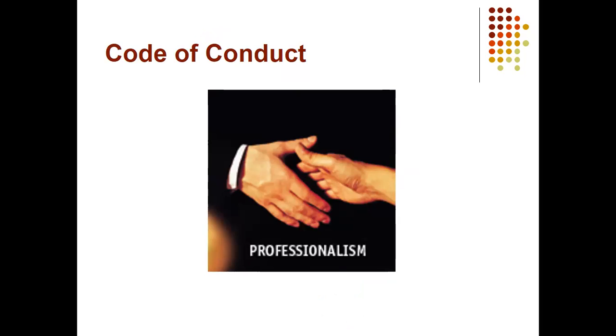Now, first of all, the code of conduct. This is professionalism. How you deal with the patient. What is your requirement? What is the requirement of the patient? What does the patient want from you? Imagine yourself as a patient: you would definitely like a very minor pain from the prick, not a repeat prick, and the patient should be in a comfortable position. These are the different parameters which are written in the SOP, which are pasted in the phlebotomy section, and you have to be very vigilant while checking them.